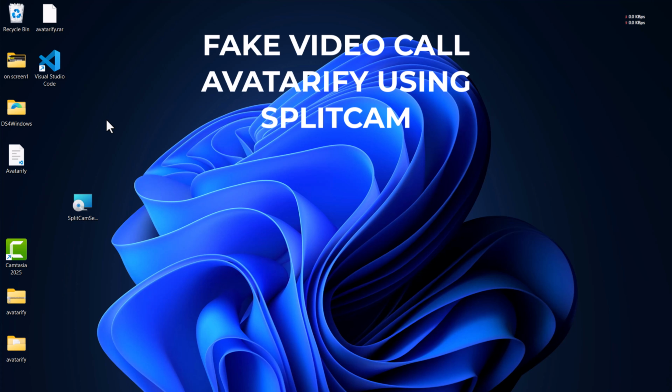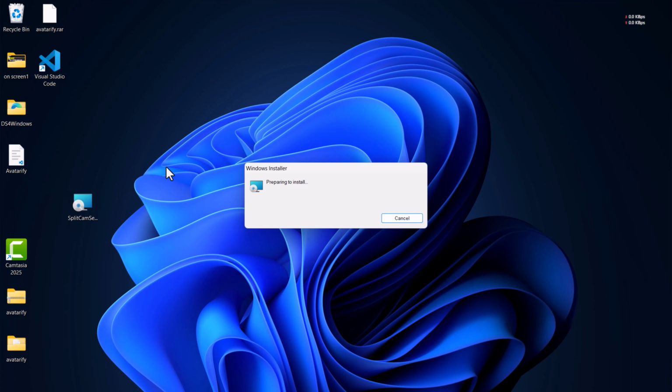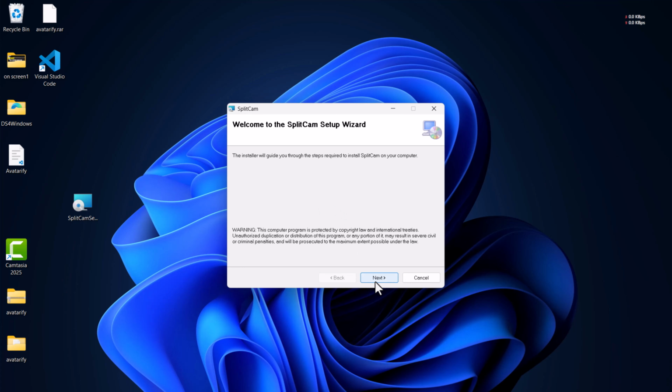So today I'll be showing you how to make fake video call avatarify using Splitcam. Splitcam is the application we'll be making use of to overlay to places like WhatsApp, Telegram, and the rest. So let's install Splitcam. I just want to show you a simple installation guide,